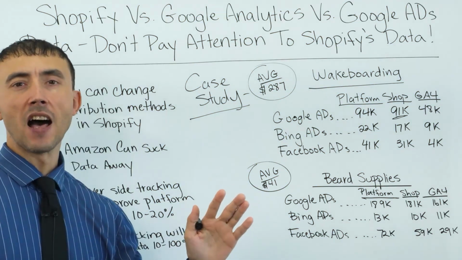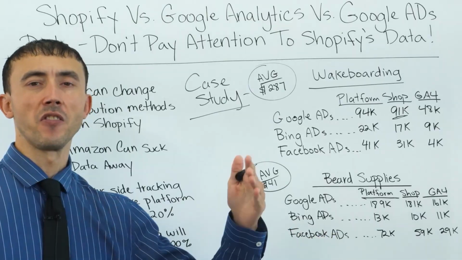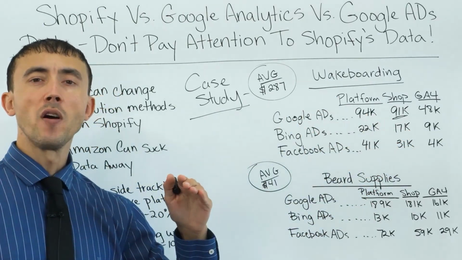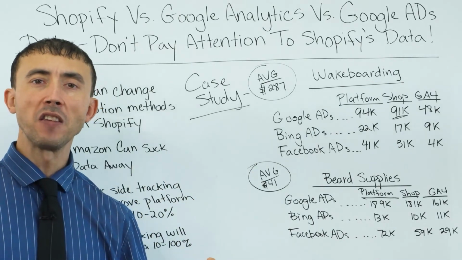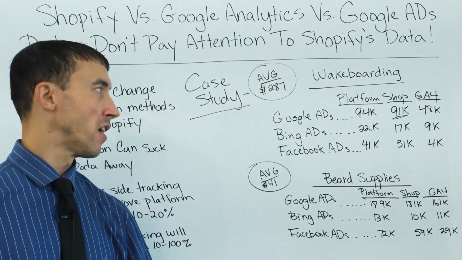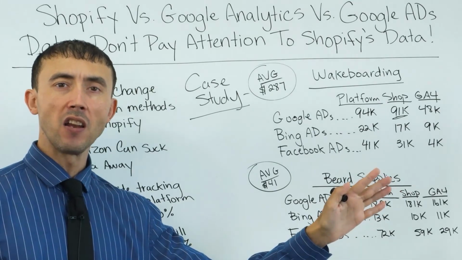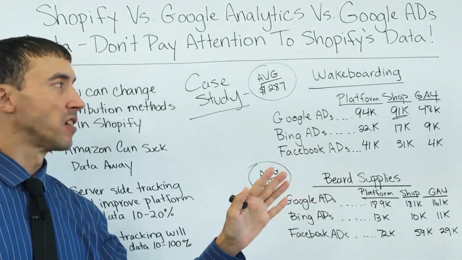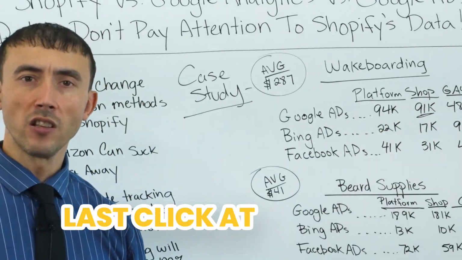Because a lot of the people who get to your site from your Google Ads campaign are going to come back and buy later. That said, Shopify is going to use cookies to cookie the user. So if they come back on another visit, Shopify is still going to be able to attribute that sale to the Google Ads campaign, and in the reporting in the marketing tab, it'll still say it's coming from Google Ads. However, Google Analytics is set up for last click attribution.